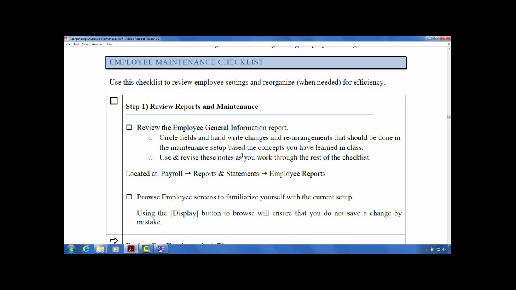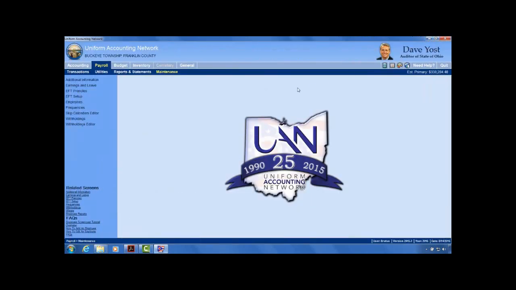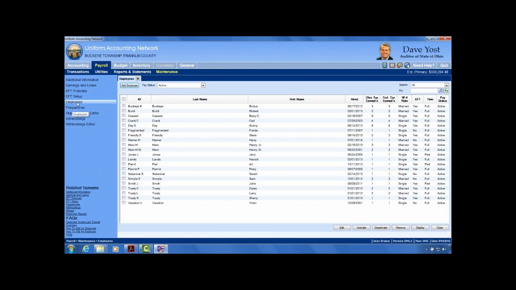All right, well, for now that's enough time in the book. Let's take a look at the software. I've got the software open and the payroll module selected. And so I'm going to start with a simple example under payroll maintenance. So go to the maintenance section to maintain our employees, and specifically our employee list is under employees. All of these menu paths I'm going to refer to are in your book, the steps to access this. So we've got our employee list,